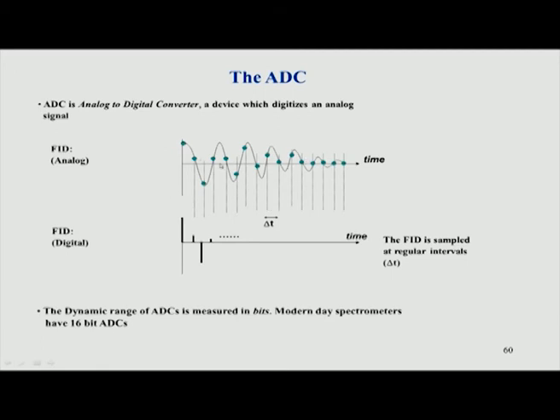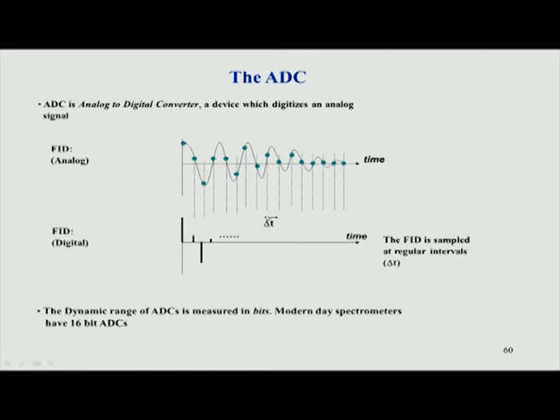Finally, when we look at the FID, this is how the FID comes out of the spectrometer, and the spectrometer gives you a signal like this. This is called an FID, and as I mentioned in the last class, we actually digitize the FID. The FID is taken at every point here, and this is called digitization. You see this is like a sine wave, but it is now discretized, digitized, and the distance between two successive points is known as the dwell time. This dwell time is again a very important parameter when you set up NMR experiments.